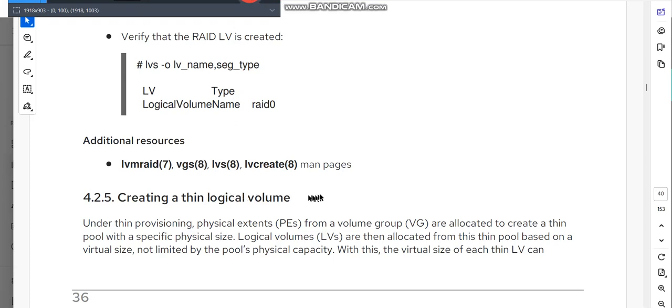Creating a thin logical volume. Under thin provisioning, physical extents from a volume group (VG) are allocated to a thin pool with a specific physical size. Logical volumes (LVs) are then allocated from this thin pool based on a virtual size not limited by the pool's